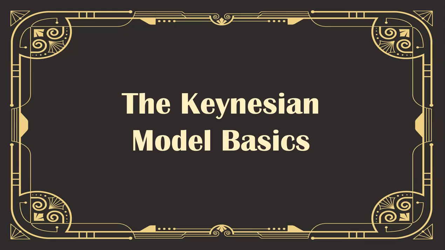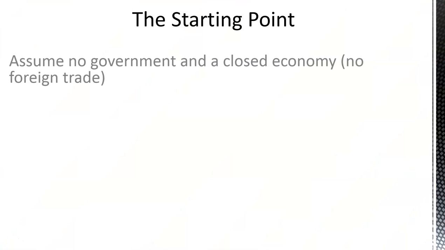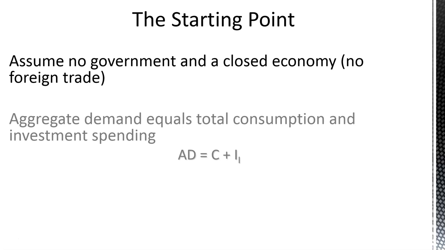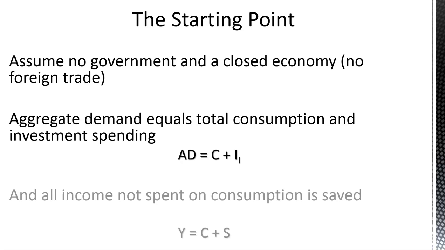In this video, we're going to be covering some of the basic components of the Keynesian model that we'll be building out throughout the rest of this lecture. We'll start with the most basic type of capitalist economy, one in which there is only a private sector, just households and businesses. So we'll assume no government or public sector and a closed economy, which is just to say no foreign trade. In this case, aggregate demand is just consumption and investment, or what we'll call intended investment,